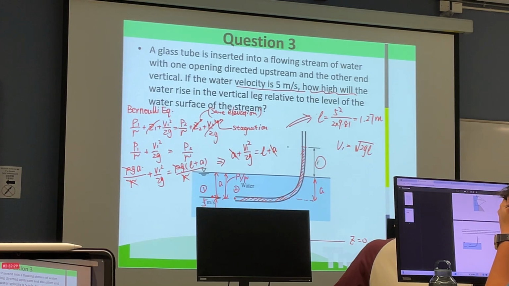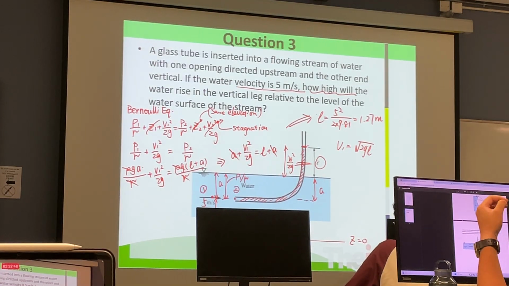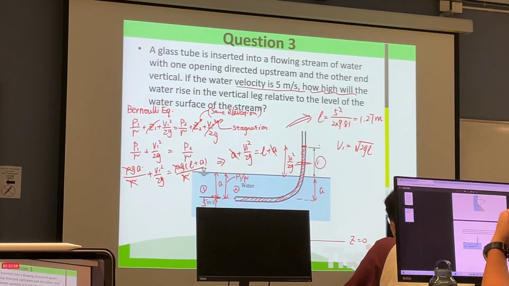Now, V squared over 2g is equal to L. So V1 squared over 2g is the height L, the same. So we see that the water level here represents